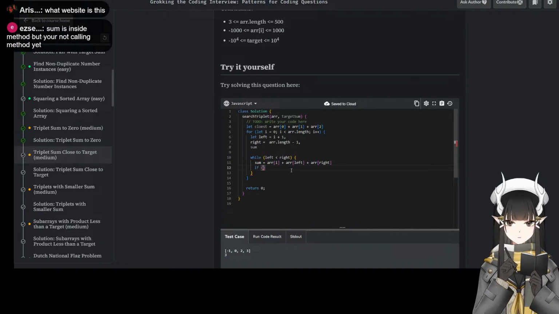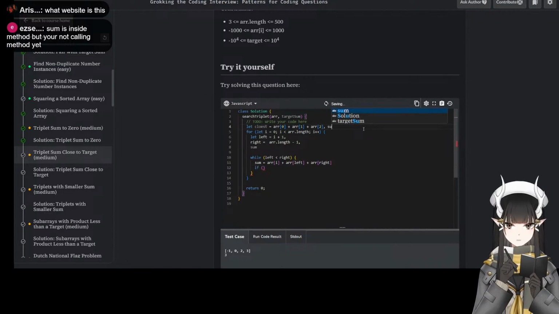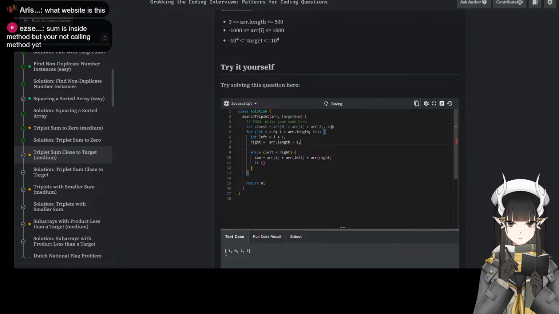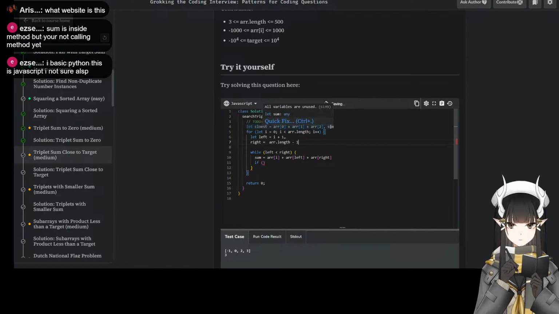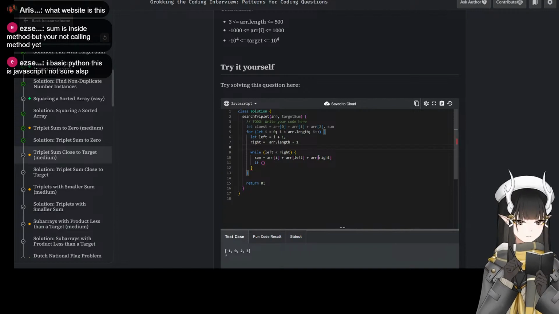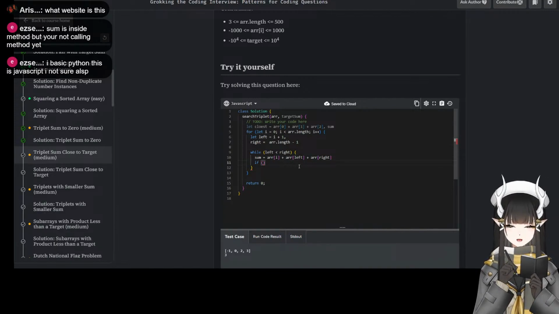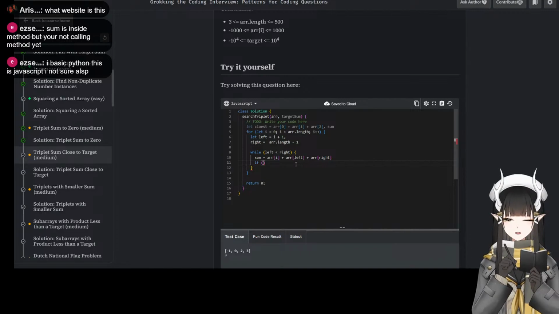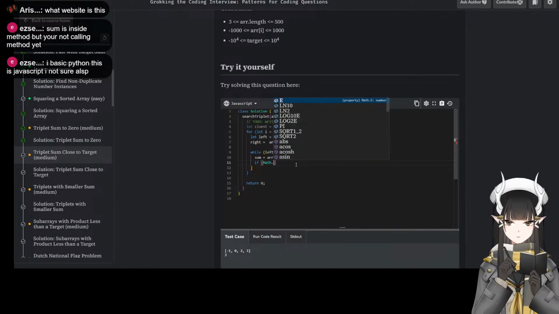What we want to do is, actually, we can just do the sum here. You basic Python? Okay, Python is cool. We're looking for absolute value.